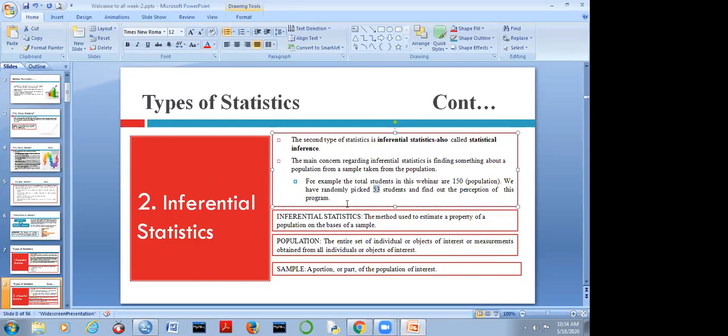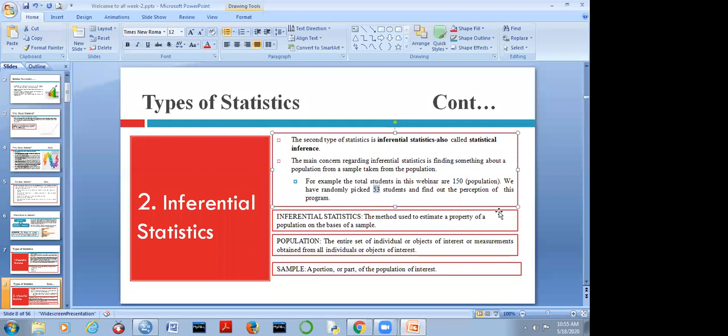I have sent the questionnaire to you. उसमें तो randomly नहीं है. उसको भी हम कैसे use करेंगे वो बताऊंगी मैं आपको. ठीक है? So example. Now we have randomly picked 53 students and find out उन 35 का क्या करना है